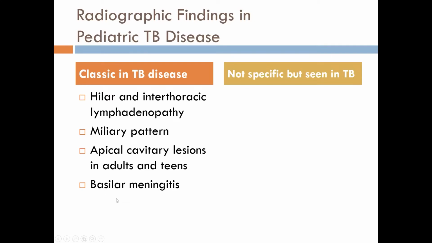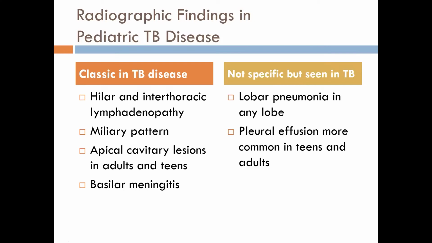If a patient has meningitis from tuberculosis, there are typical findings that are well described in the literature, including basilar inflammation, and I'll show a few examples of this in some cases we're going to go through. Now, other findings you might have, but are not really specific to TB, are going to be a lobar pneumonia, which could be in any lobe of the lung, and especially in kids. And then we sometimes will see pleural effusions. And of course, there's many other types of infections in the chest that could cause these kind of findings, but it could be consistent with TB if your evaluation turns up other criteria.